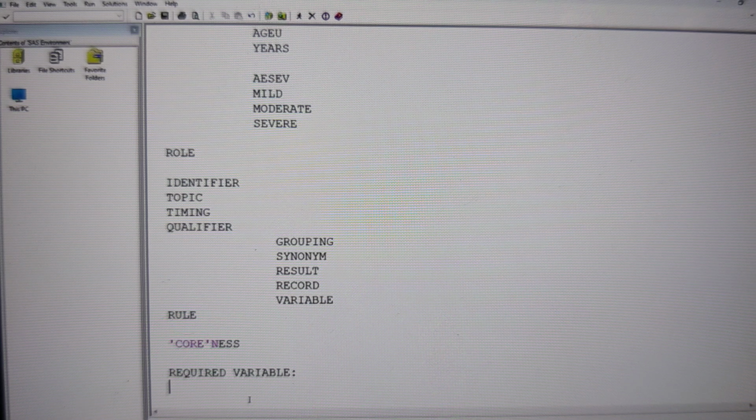Understand? If any variable must be present in the data set and you should not have a missing value, then that variable is called a required variable. So this variable is 100% populated in the data set, and you should not have a missing value. If you have 1000 observations, in all the 1000 observations you should have a value. You should not have a missing value. And that variable is called a required variable.